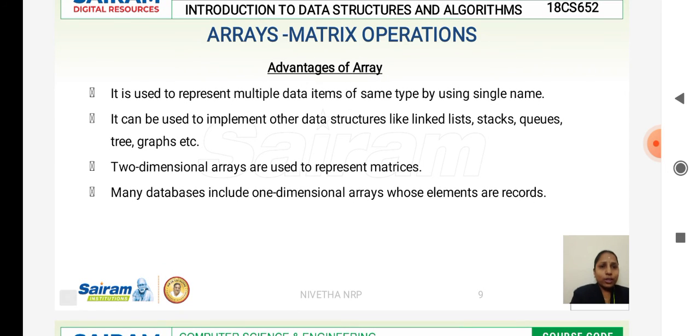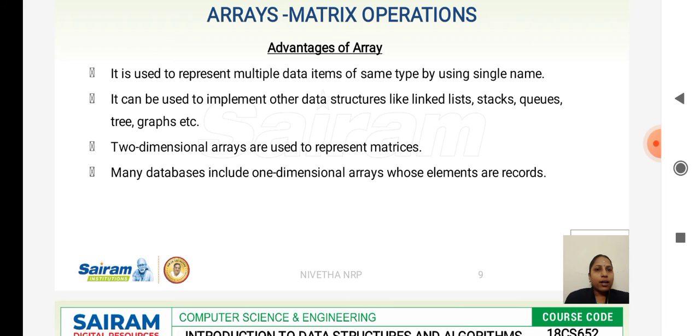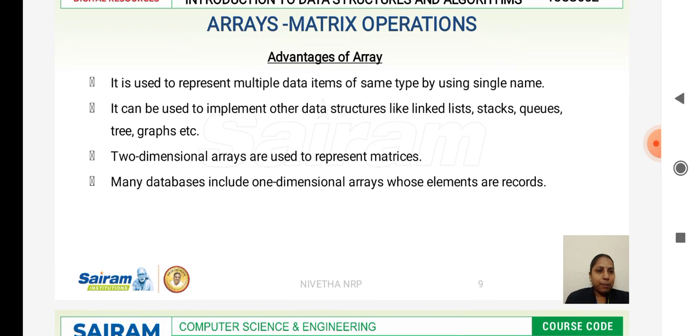Okay, we'll see what are all the advantages we have by using an array. When we have similar data items, multiple items of the same data type, we can use an array. Instead of declaring each and every item one by one, I can use the array concept to represent my multiple data. And we can use other data structures like linked list, stack, queue to represent even the array.